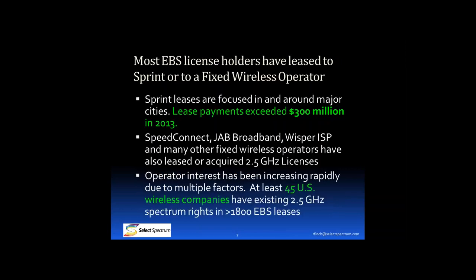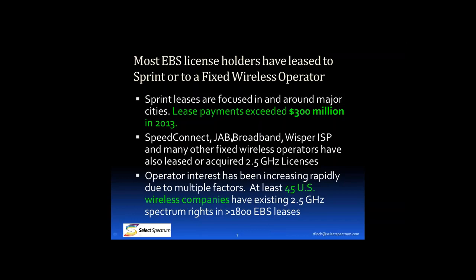So we talked about what the licenses are and how they're used. I mentioned that a little bit of this use is still for educational television, but the vast majority is really for delivering either mobile or fixed internet. And so the way that has happened is that between the commercial channels and the leased capacity on educational channels, multiple commercial companies have built wireless networks. And this has really been a significant success. I mentioned the Sprint numbers. Altogether, 45 wireless companies have EBS licenses.